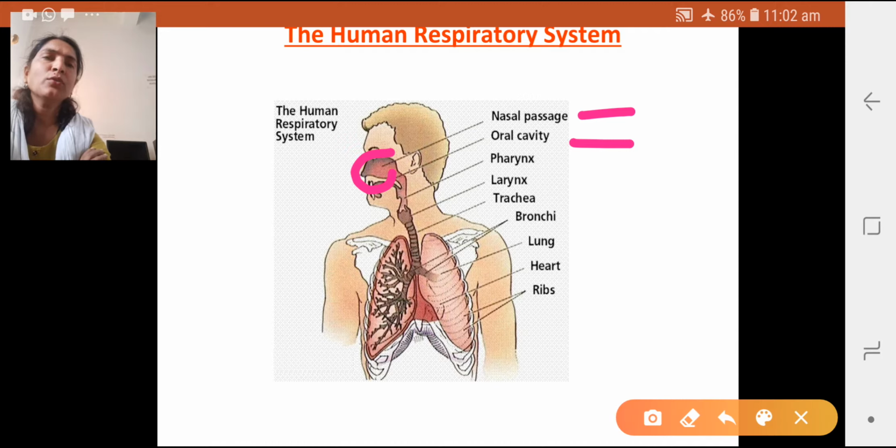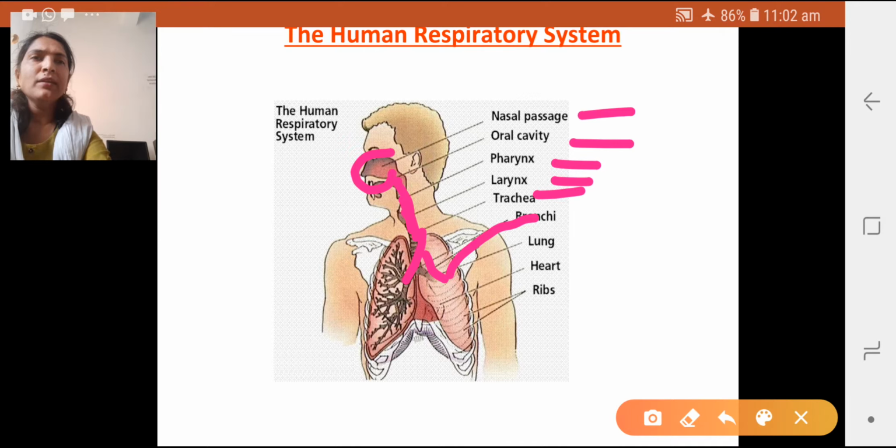Through the nose the air goes into the windpipe, and there is a pharynx and larynx. See here, the pharynx and larynx are shown in this part. The trachea is also shown there. This one is the trachea, and the trachea ends in two parts called bronchi, and then the bronchi get inserted into the lungs. The heart is also situated inside the chest, and the ribs protect the heart as well as the lungs. So the air from the nasal cavity enters into the body and comes into the lungs. This is the respiratory system, and the parts are shown here.